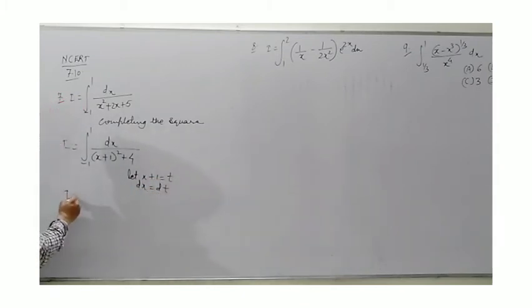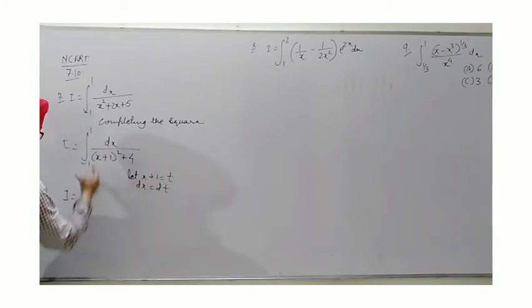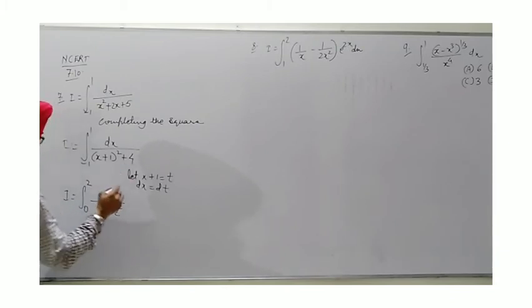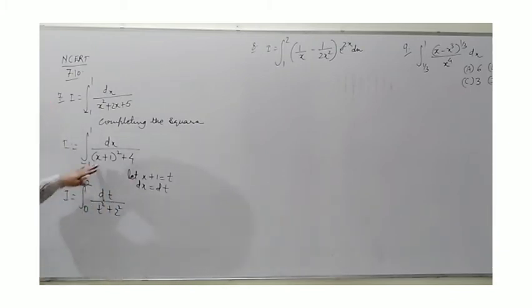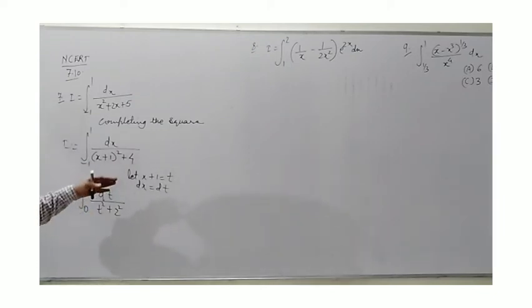And with that, I is equal to, now the limits change. If I put minus 1 here, t becomes 0. Taking 1, it becomes 2. The integral of dt upon t square plus 2 square. Whenever we have such a linear polynomial and substitute it by the variable t, we have no profit, no loss, as dx is equal to dt. So in such a case, if you can catch it directly, you apply it.